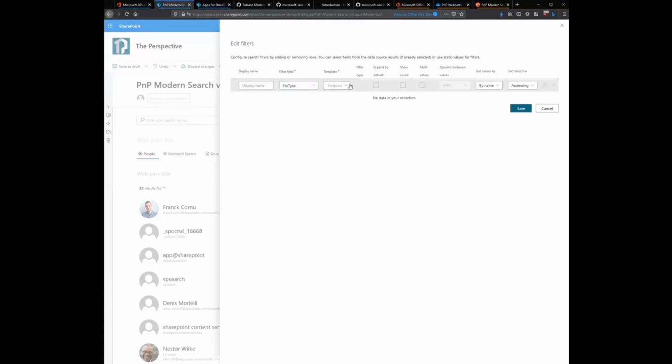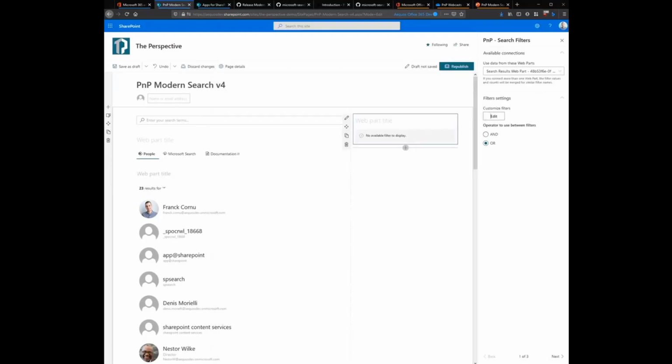So let's say I will use the file type, and I will select a template. So as you can see, these are pretty much the same: checkbox, combo box, and so on. I will use the checkbox for instance, and a couple of other options: expand by default. And another option is the multi-value control. In the v3 you had one template for multi or single filter behavior. Now you have only one template, but it's an option in the template to select if it's multi-values or not. So if I use the single value here,